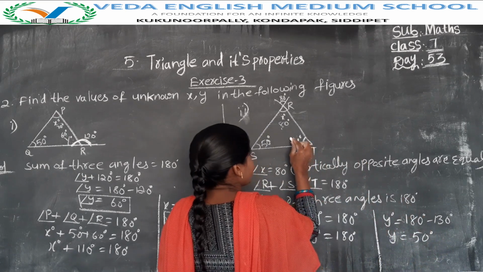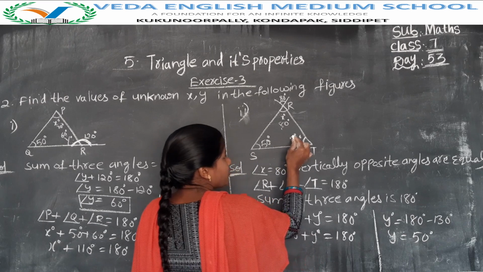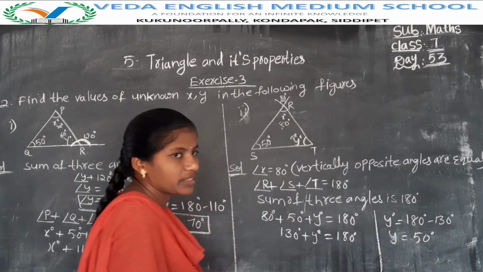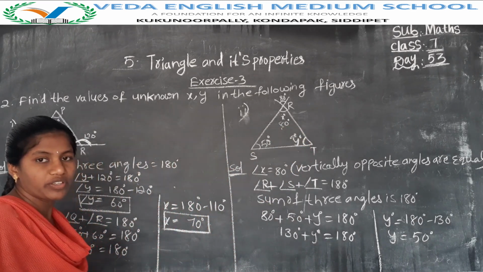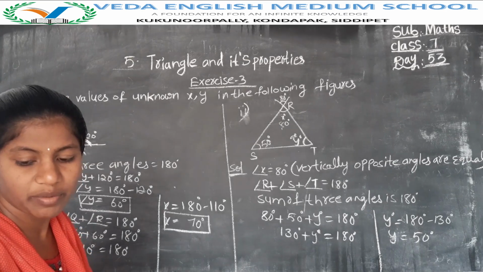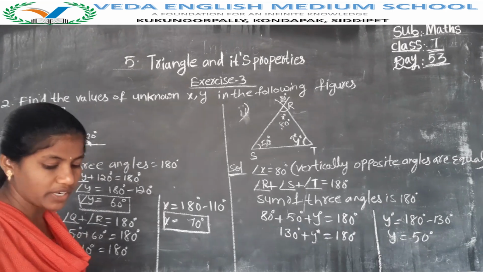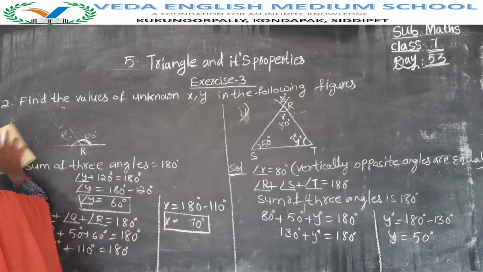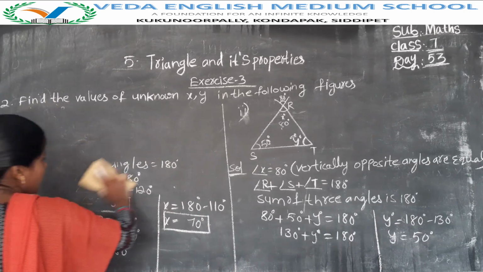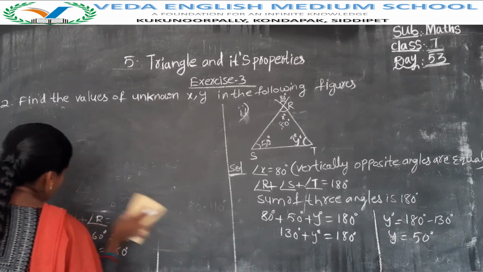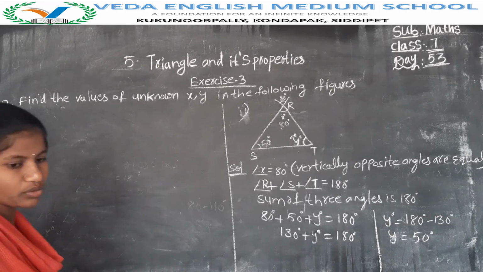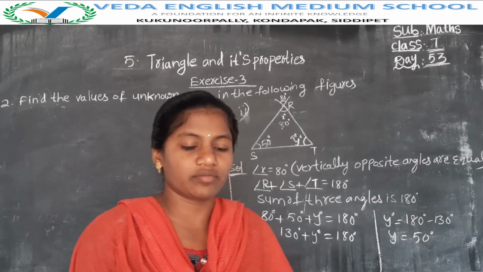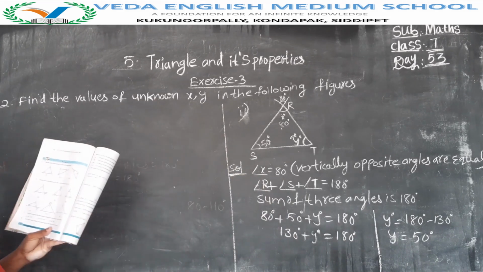See, 50 plus 50, 100, 100 plus 80 is 180, like this. When you observe the figure carefully, you will get some, what you will get, Nana? You will get one clue. Based on the clue you have to move. So first one I will explain, second one, remaining all of your homework. So I will explain the last, sixth one, remaining third, fourth, fifth.